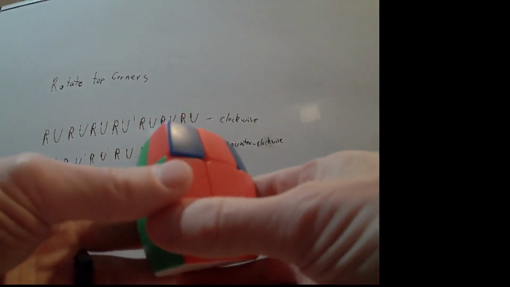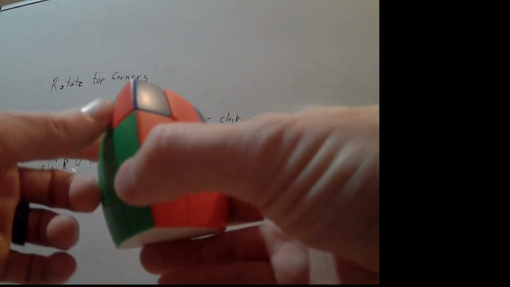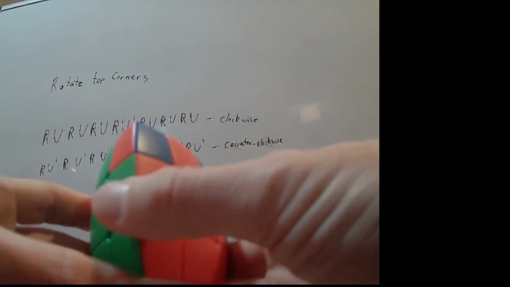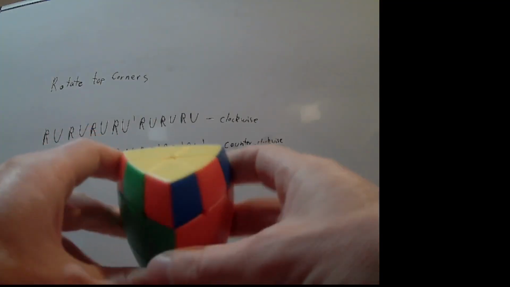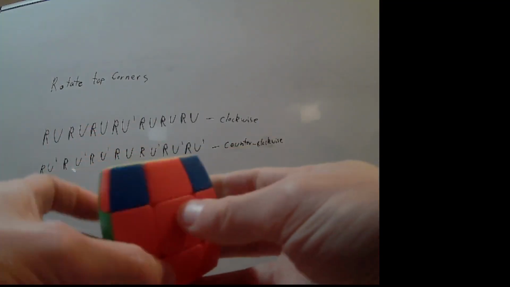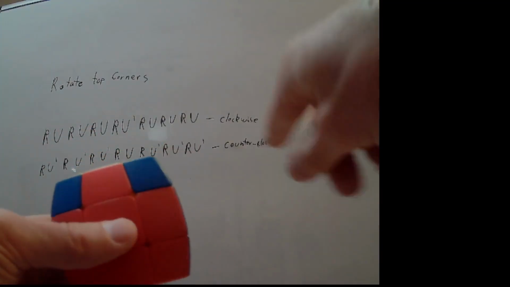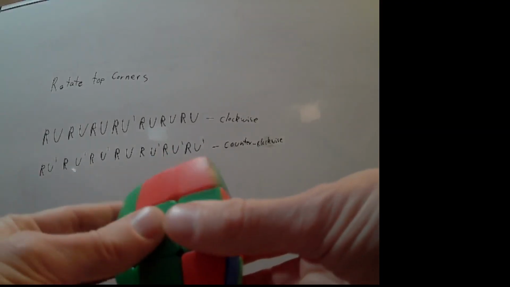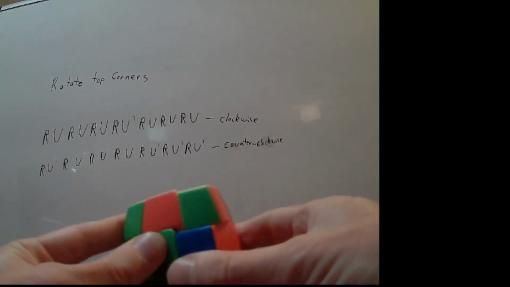It's going to rotate them in the direction that you're turning it. If it's U prime, the second one with the odd U in the middle, but it's mostly U prime moves, you're rotating it in the direction that you want your centers to move. Okay, so looking at this, I want my red and blue centers to move anti-clockwise. So I'm going to do R, U prime, R, U prime, R, U prime, R, U,